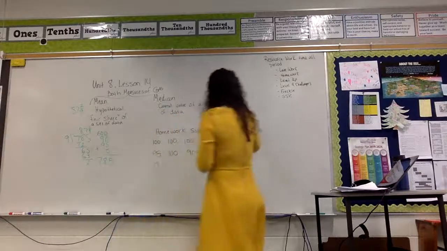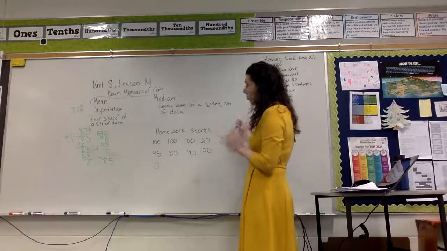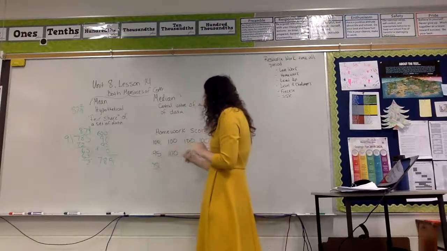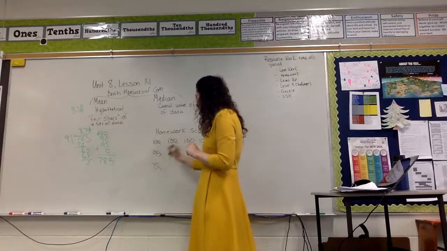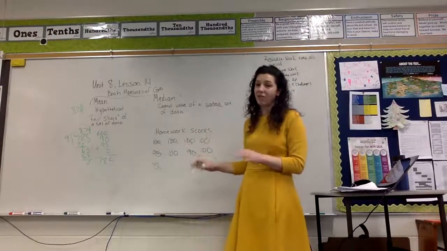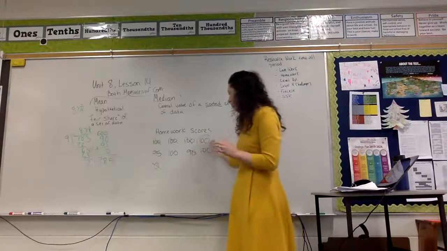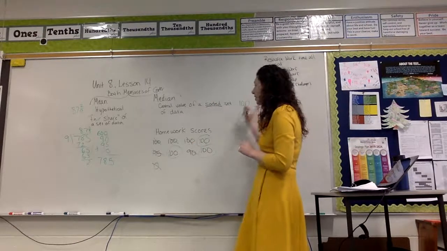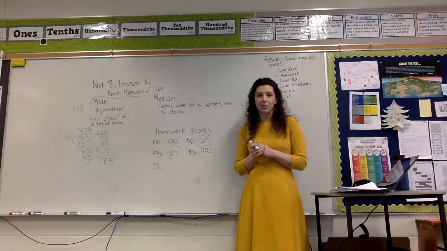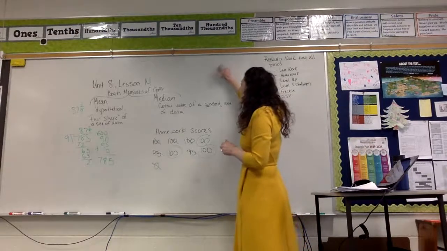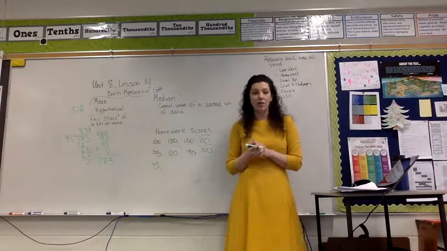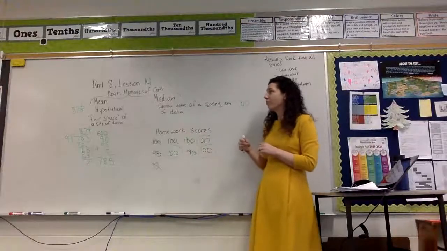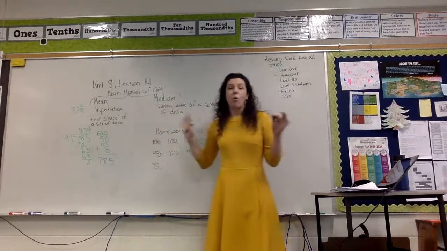If I was going to find my median, then I would have to order them, or because this is a smaller data set, I might be able to do this. I'm getting rid of the smallest and the greatest, the smallest and the greatest, the smallest and the greatest. I'm going to stop here even though I have 3 values left, because all of the values that I have left are 100. So obviously my median is 100. Now both of these are kind of in the middle of the data set, right? We think of our data set as going from 0 to 100, but most of them are in the 90s or 100. So both of these are in the middle.